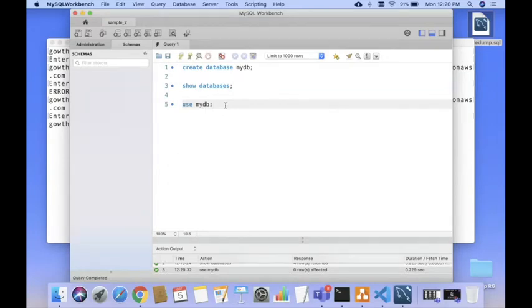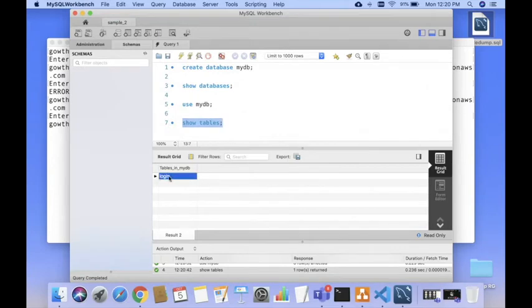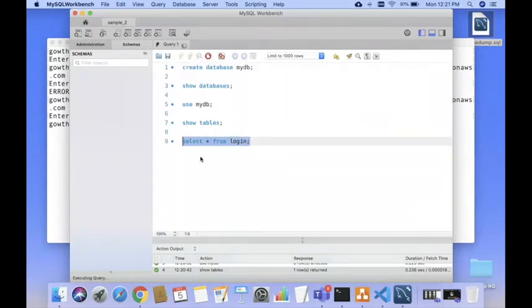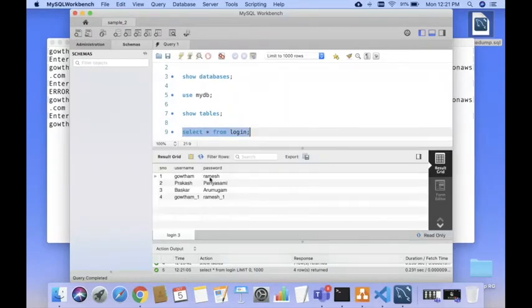Then after this statement, show tables. Now look at this. Login is a table which we have created inside sample DB, and you can also execute the command select star from login. The same content which you have in the local database is transferred to the remote RDS.